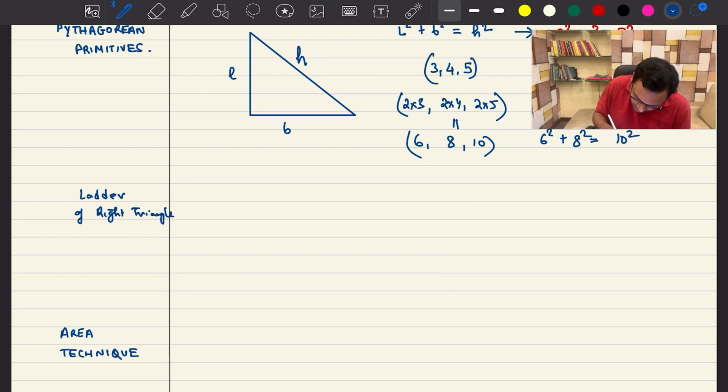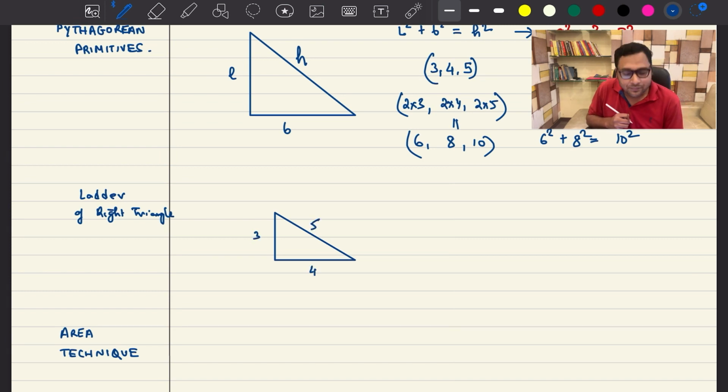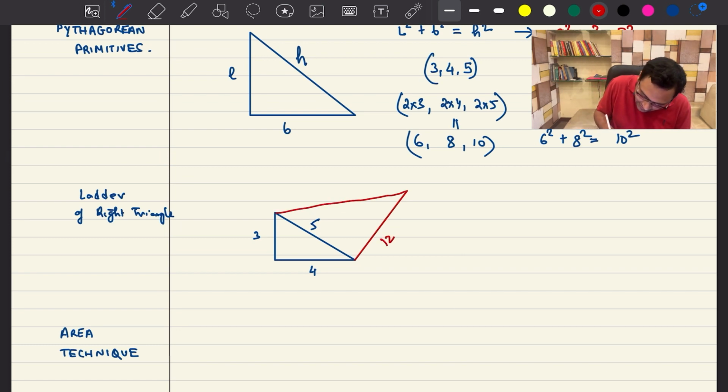So you start with 3, you have 4, and you have 5, right? Now what you can do is you can create another triangle like this, 5, 12, and 13. So you can check 5 square is 25, 12 square is 144,